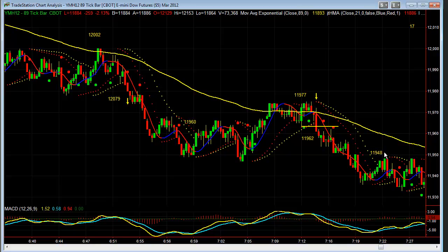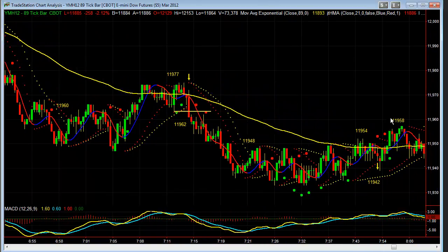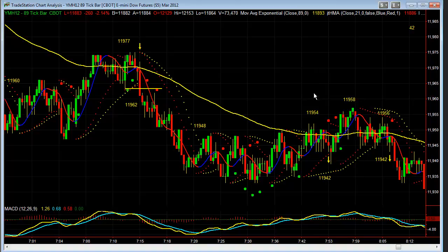Then our next trade came at 7:54, and I will scroll over and show you that. And once again, price had moved back up, tagged the 89 exponential moving average. I got a trigger, and so this was a trigger entry to go short. I was short at 11,942. My stop was put up above this little swing high here, 2 ticks above it. So our stop was at 11,954, and basically